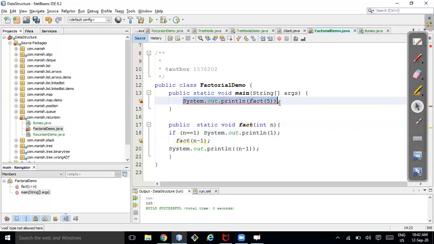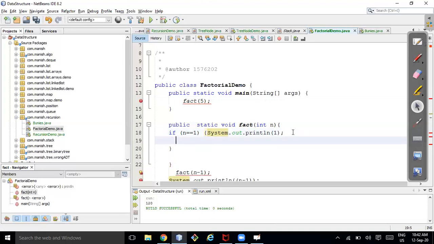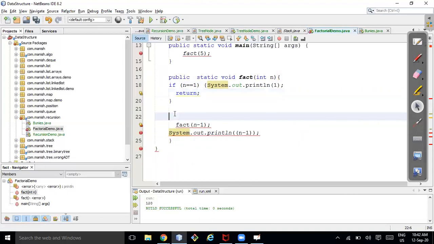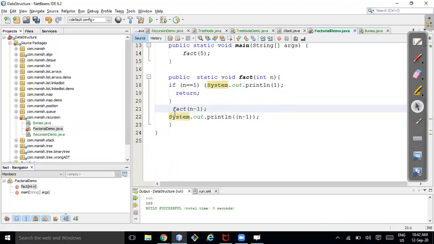Okay, and here let's say just call fact of 5. So I think everyone must be having the understanding of this one. Okay. Done. So two things here. Let's see first how it is working. Okay, and we'll modify it further.